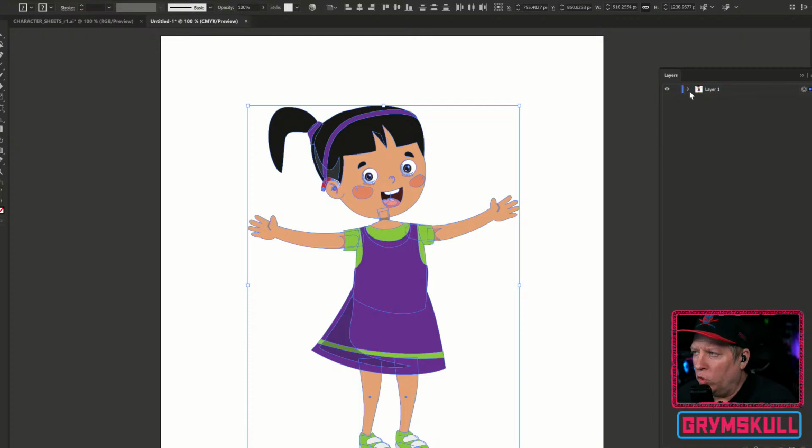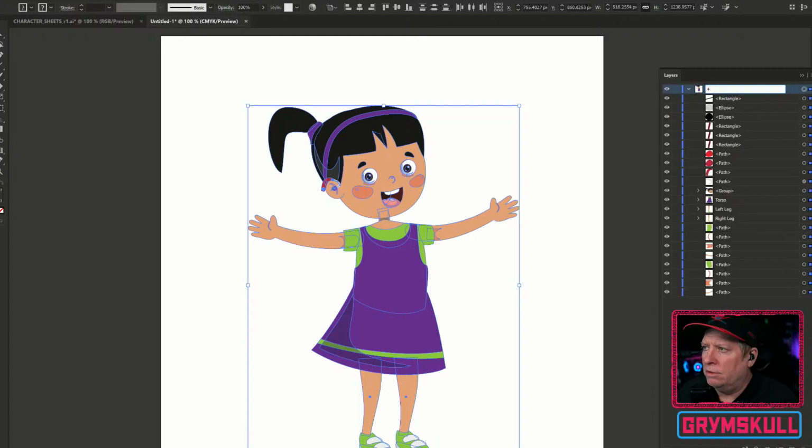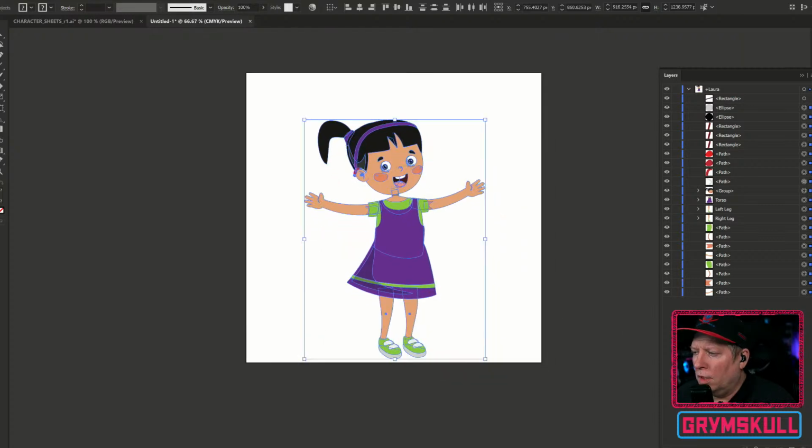First thing we're going to do is name this plus Laura, right? There's a lot of parts here, but we want to kind of separate things. One of the things we have, first off, is the head. We're going to take the head and drag that to the top, and I'm going to name that plus head.